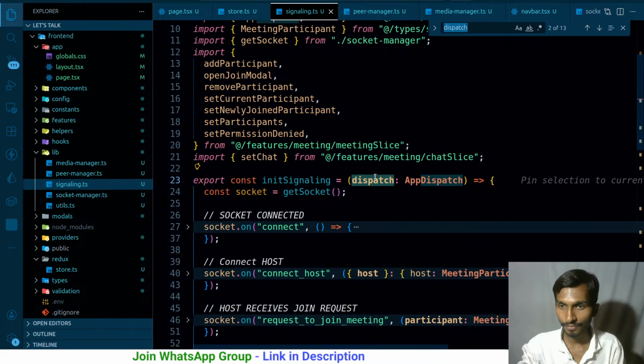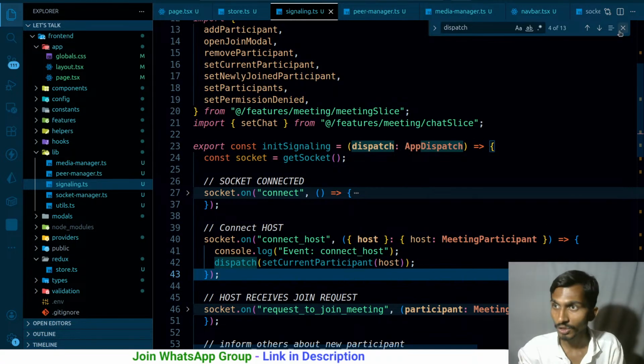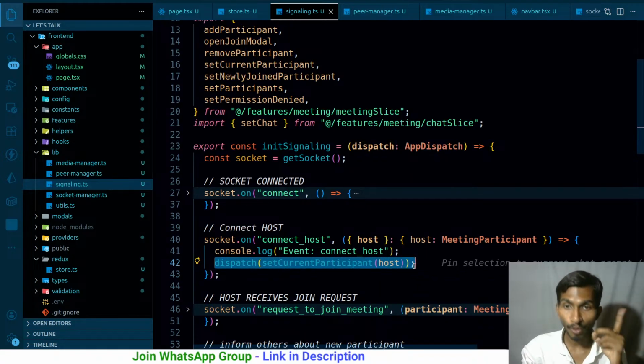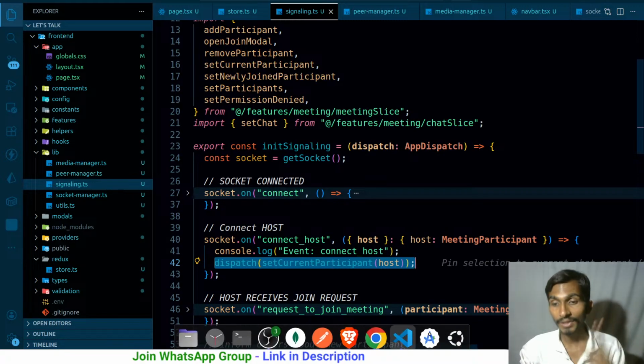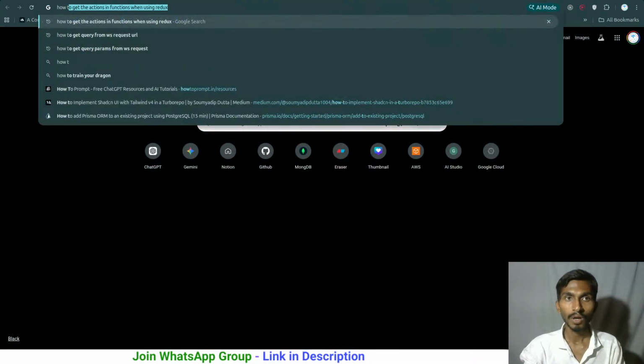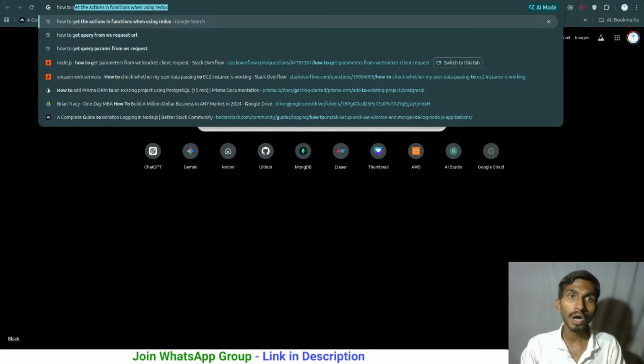Where am I using this? So control F. Okay, this is the first place where I'm actually using this dispatch here. And we can get the dispatch directly from the store. So how to get the dispatch directly from the store in Redux? The question should be this. Because if you want to change the value, in FullStack you can directly use the actions. You don't really need to worry about it. In Redux, if you want to use the action, you need to use dispatch. And once you have the dispatch, you can directly use the action. So how to get a